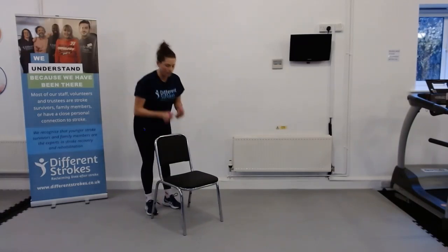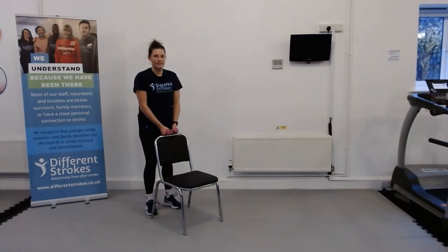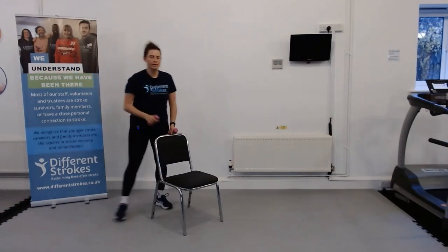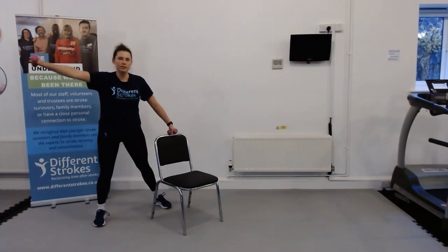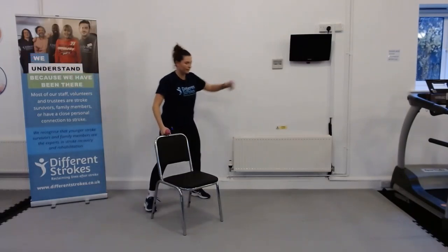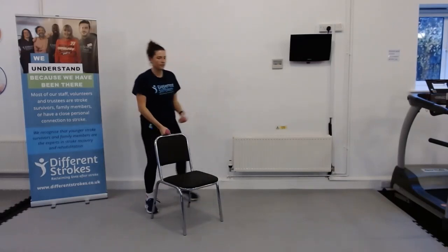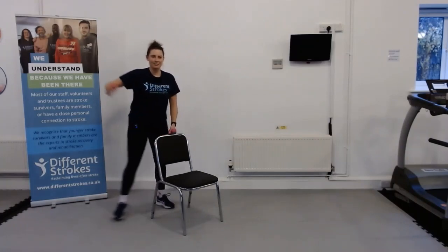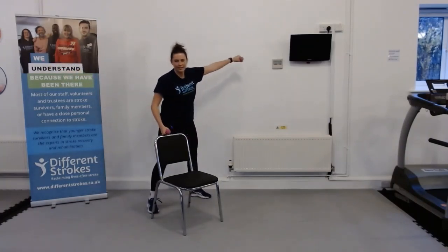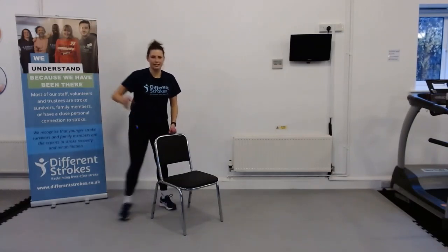And you don't need your weights, but you can use them if you want to. You can use your fists to get a bit more balance. And you're going to side step and reach. So we're going to start now for a minute. And if you're finding it a bit easy, you can always speed it up. But remember to pace yourself as well. For the next 40 seconds, we've still got